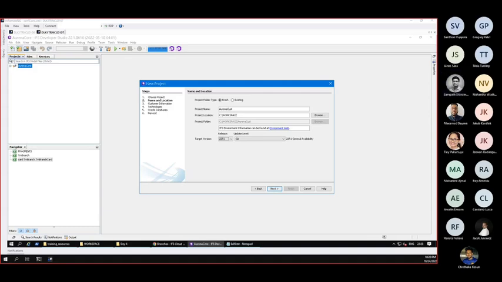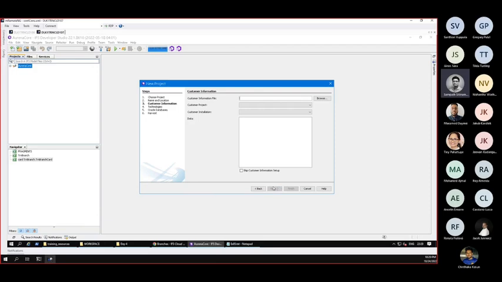22R1 GA. And then I'll go to the next page. And here you are asked for a customer information file. And this is also a sort of a relic from App 10 era. So now you might not want to have a customer information file because we needed that